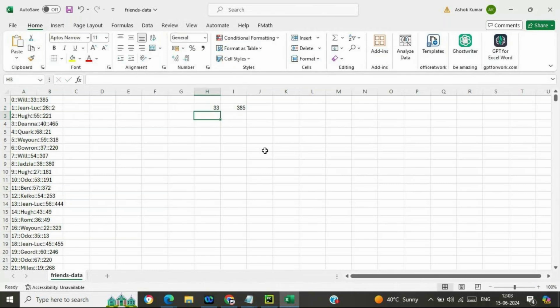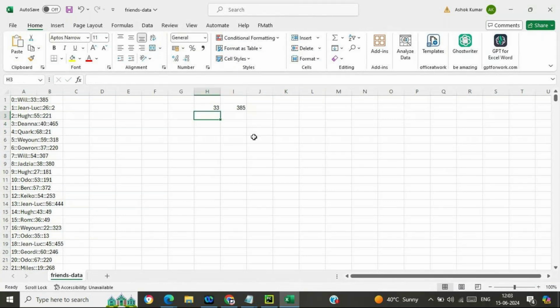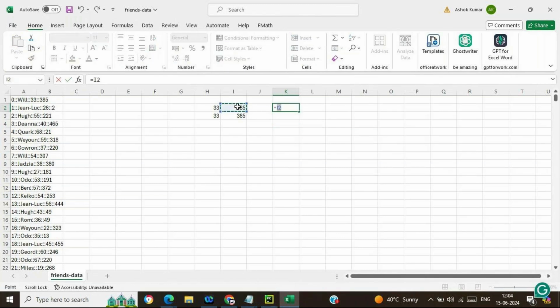Then what you are doing is reduce by key: fix the key, and average the values, this plus this divided by 2.